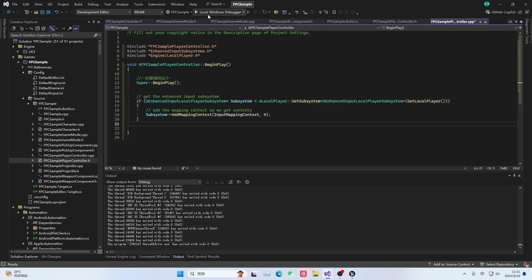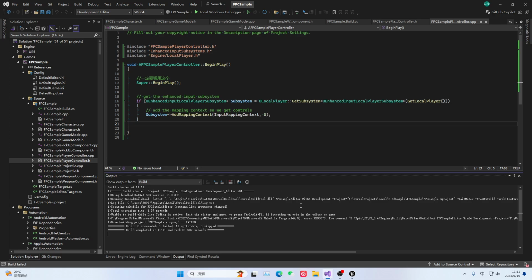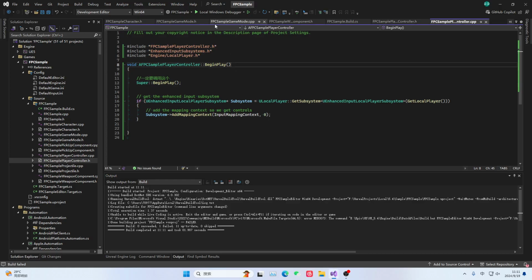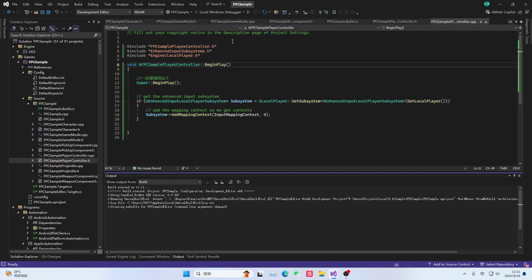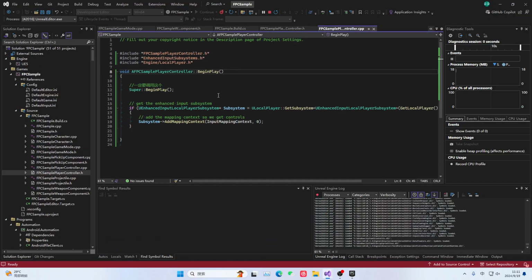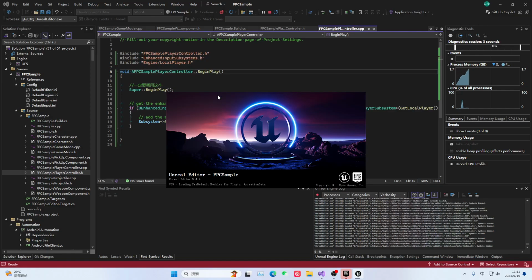Okay, so now that we have this response, we need to open it. We need to specify this asset in our player controller. If there is a compilation error now, we need to close this. It may not allow multiple editors to be open at the same time. This might also be due to live coding. We'd better turn off live coding. We'll just turn it off in a moment.